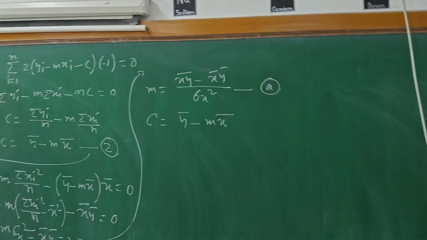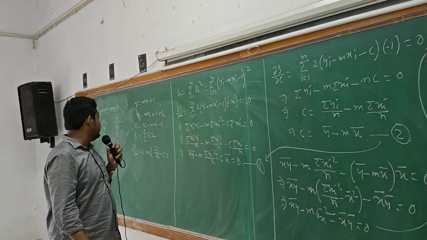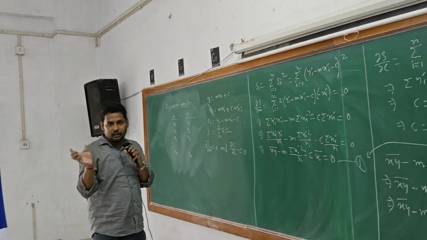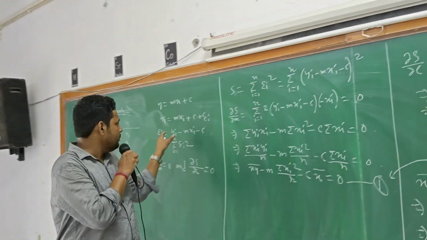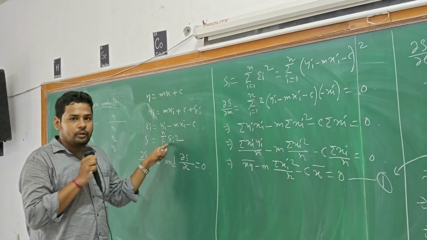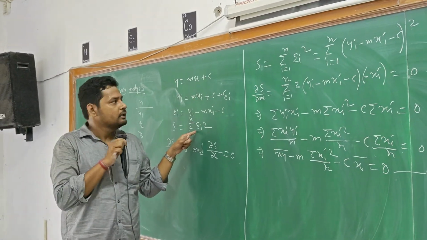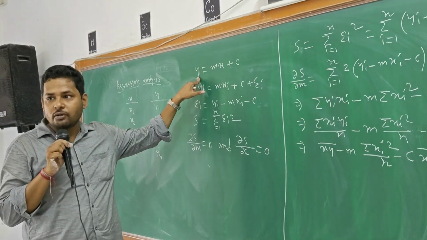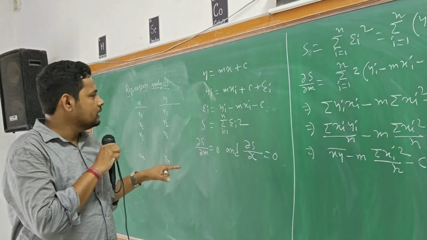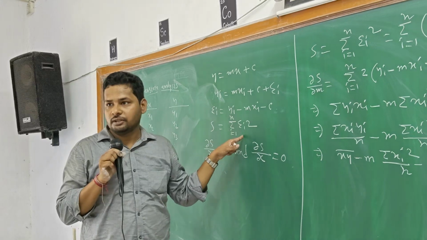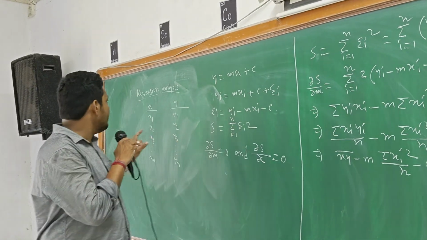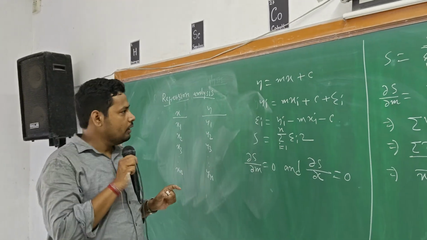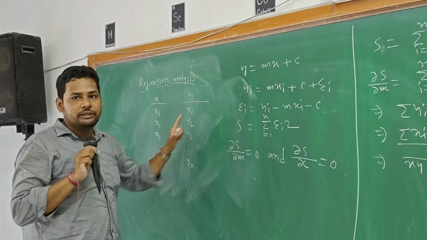So by this method we can find the regression line which has the minimum value of the summation of the square of the errors, and this is called the least square method, because in this method we minimize the sum of the squares of the errors. So this is the one part of regression analysis where we approximate the given data with a straight line.